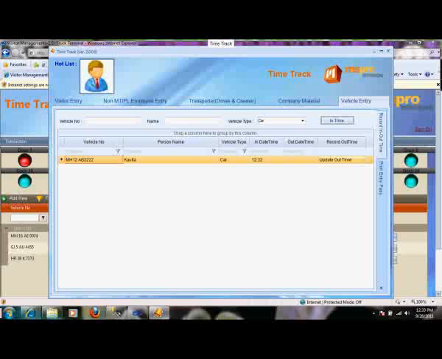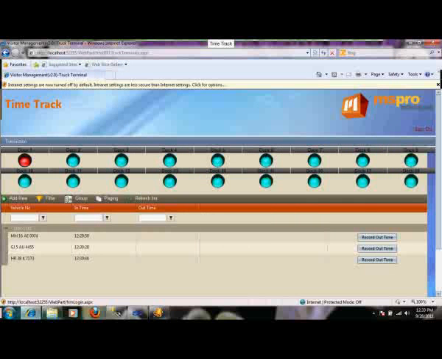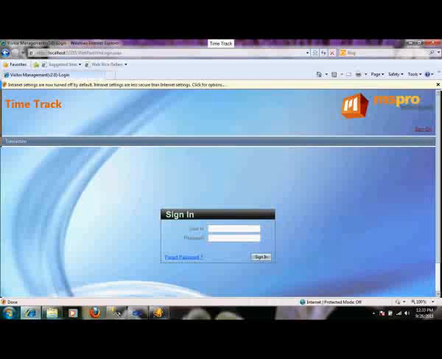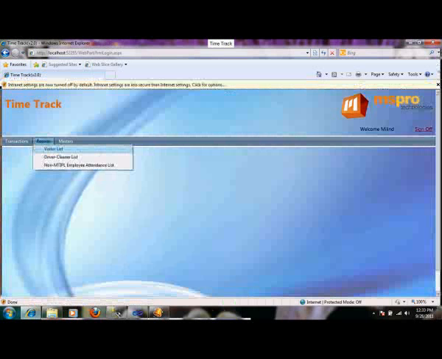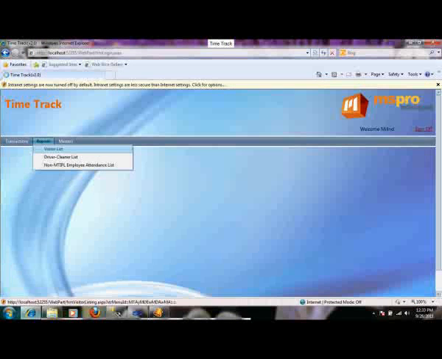Now let's say Kavita has arrived in the premises at 12:32. While moving out, the guard or the operator has to click on update out time. So clicking on update out time will update the system date as out time for that vehicle. So it's 12:33. This is just for testing purposes. Otherwise, in reality, no vehicle can enter the premises and move out the next moment. So that was regarding the application part of the system.